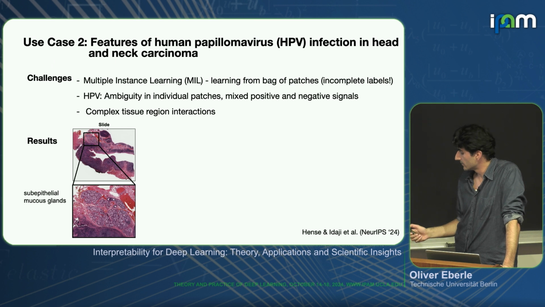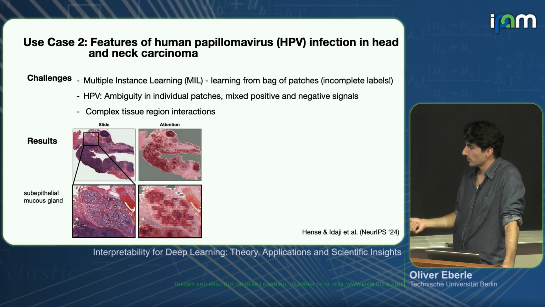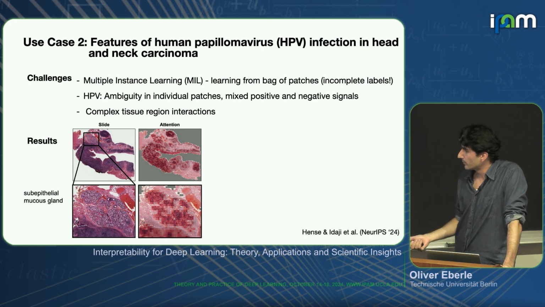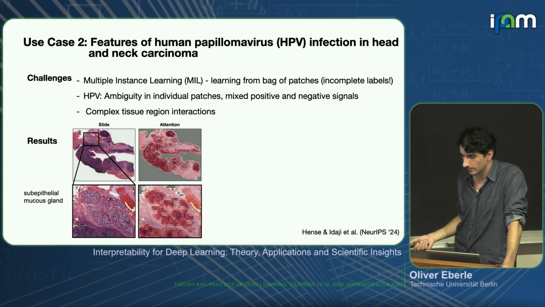And again, this is important because if you build some insight simply by looking at attention scores, you see that basically everything is considered important, so everything is red. But we know that these glands that are zoomed in here should be irrelevant for predicting cancer in this scenario. But it becomes extremely difficult to distinguish the irrelevant from the relevant ones because everything is considered important, since everything has high attention scores.